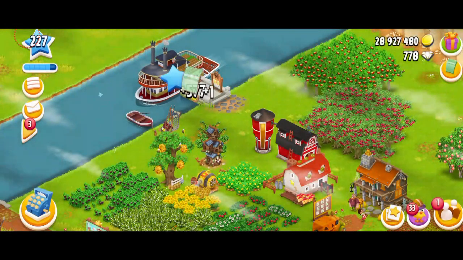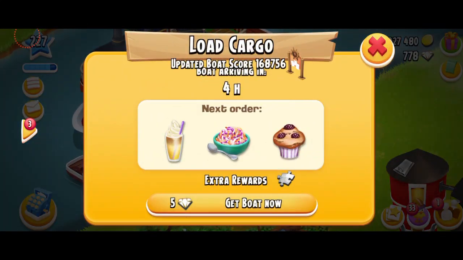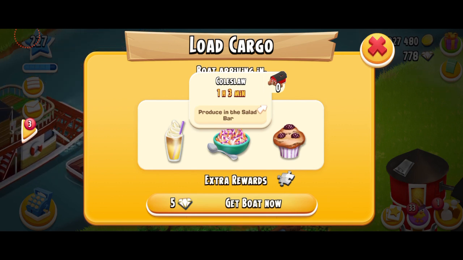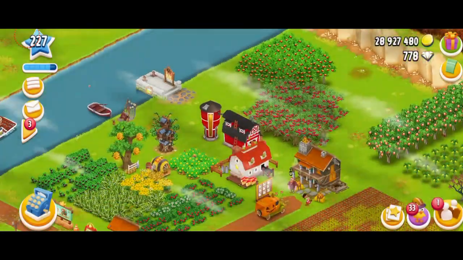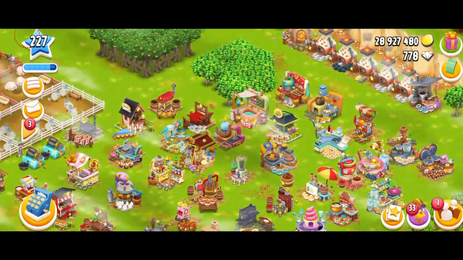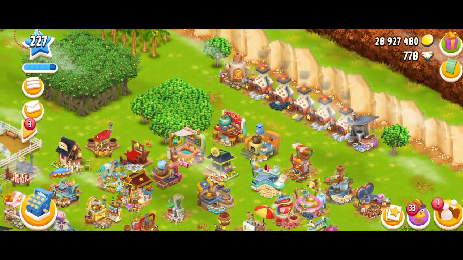So let's see what we need. Ew, it's a puzzle boat. Awesome. So I need some blackberry muffins. I need some coleslaw, which I have 0. So obviously this is what I'm going to be making a lot of, and then I need some iced banana latte. So here are all my machines, and it's time to run them and collect the products,